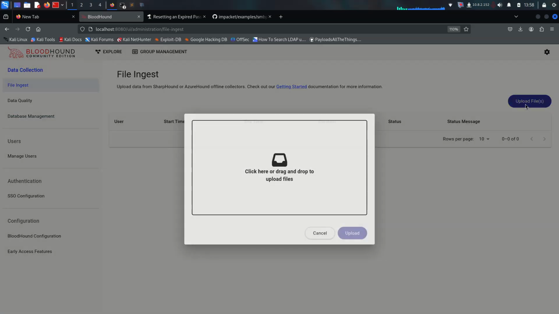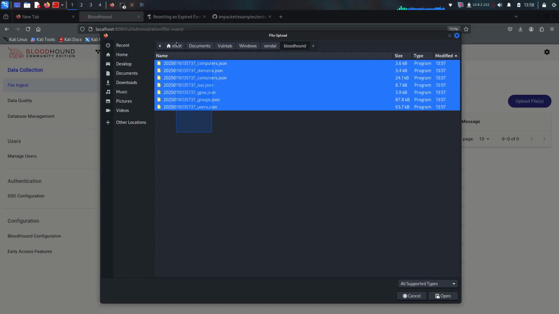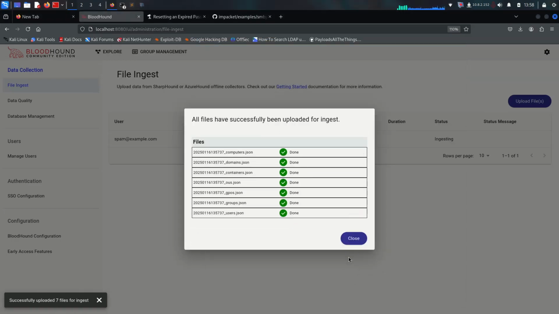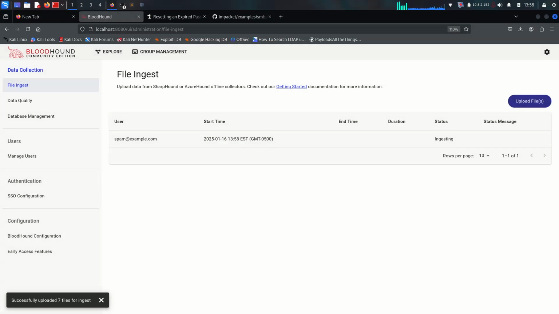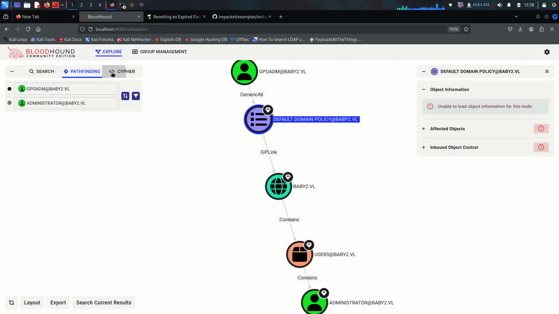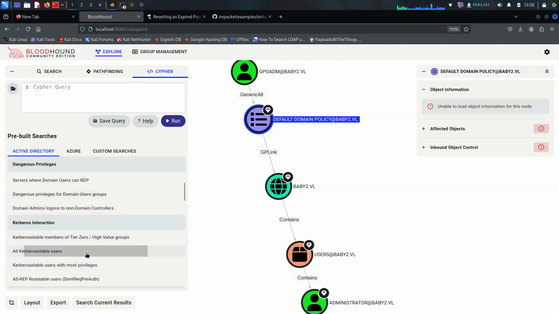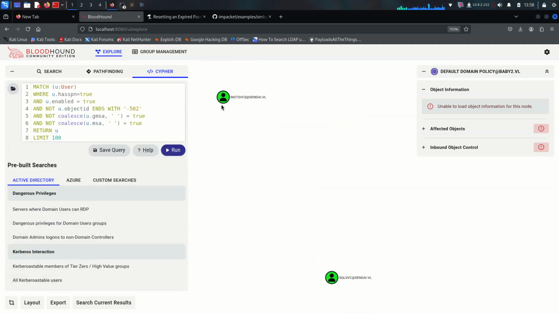I'm going to go to File and upload files, and go for the Sendai BloodHound files and upload them all, which is cool. Alright, so it's completed. I'm going to go to Explore and go for Kerberoastable users first. So there's MGT services and SQL services that are Kerberoastable,